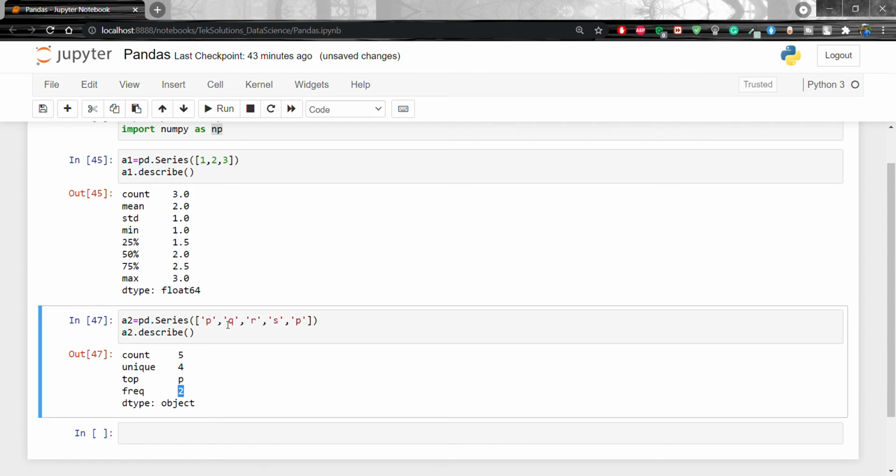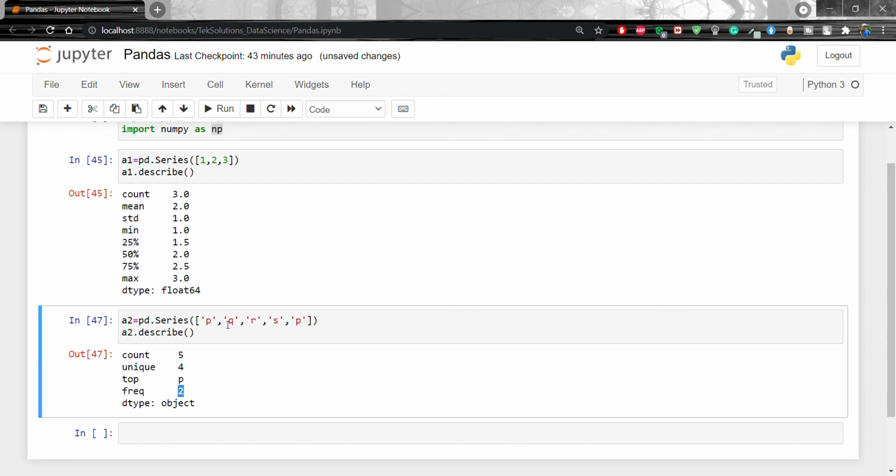Now we pass another column, object, with p, q and r. Now to display the describe method, we first include only numeric. So we pass include equal to np.number.